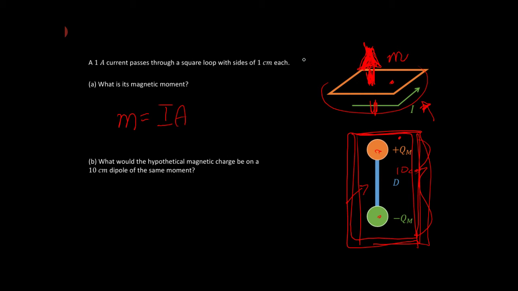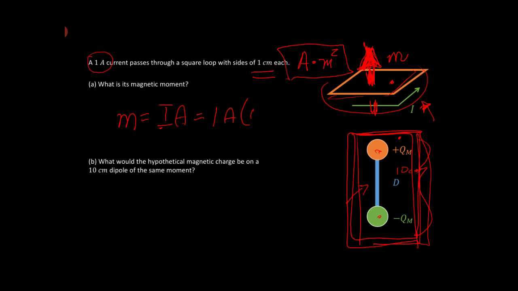So the magnetic moment had amps per meters, or amps times meters squared, as its units. Strangely enough, that means if you take a current and you multiply it by an area, you get a magnetic moment. So if I have a 1 amp current, multiply it by the area of this square, which is 1